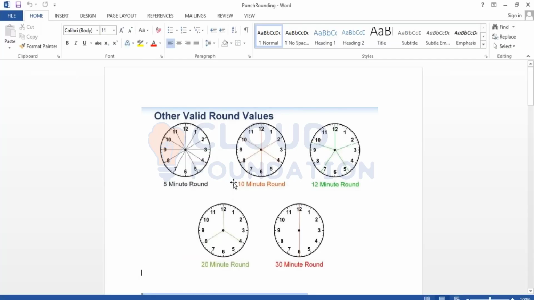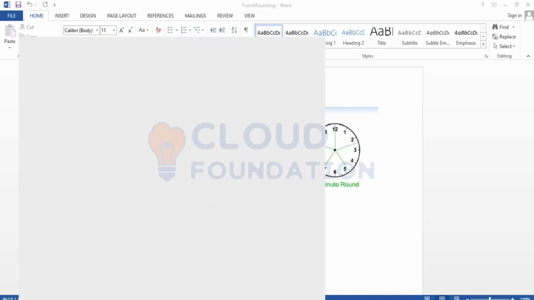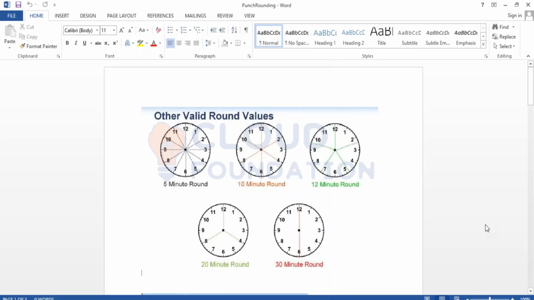So consider a shift like this, say 8:19 to 4:05 or 6. It's a bit difficult to interpret, right? Because we are used to doing calculations with rounded figures, like 8:15 to 4:15, 8 to 4, something like that. So that is one reason why we do rounding, and the second reason is